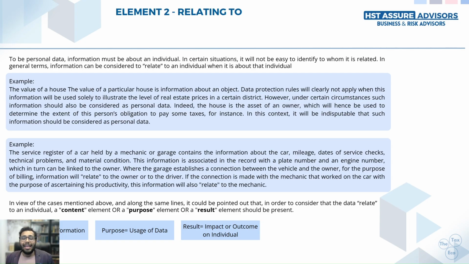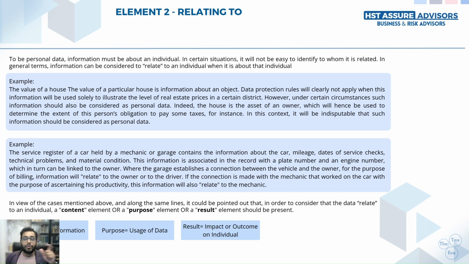Number two, that any information is used for a certain purpose which may be for the identification of that natural person. So if you are using that information for the purpose of identifying, or you want to identify a natural person by using that particular information, the purpose criteria gets satisfied. In that case, any information becomes related to the individual. So if by using that information you are able to identify a person, that is related to, that creates a relation to that individual.